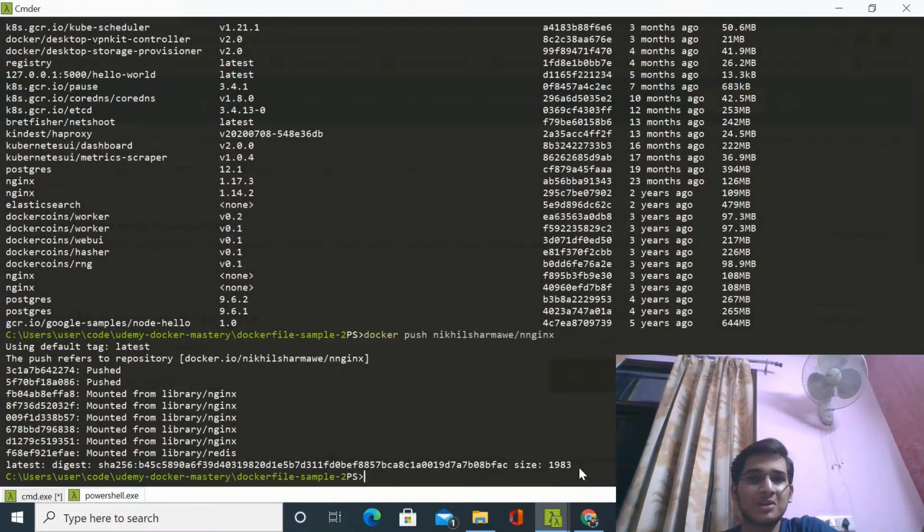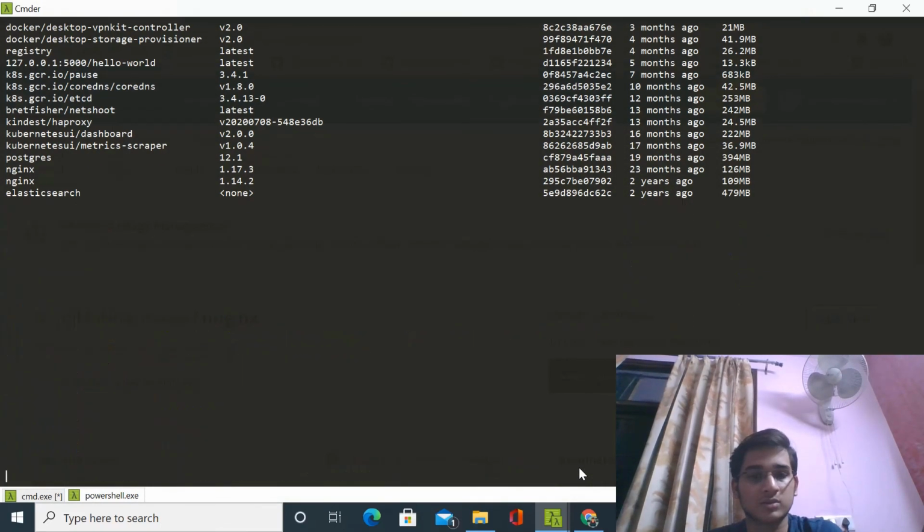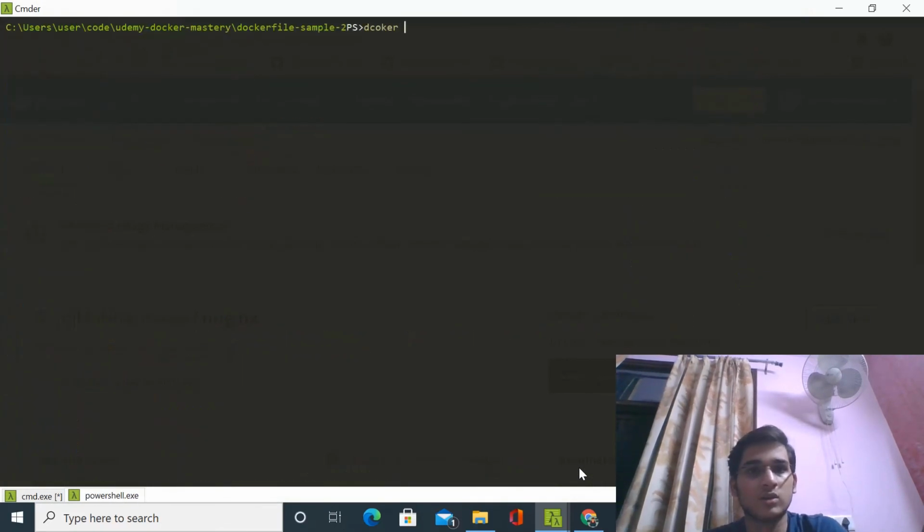So I can also access it. Like we pulled the Nginx image previously, now we will pull our own image from Docker Hub.